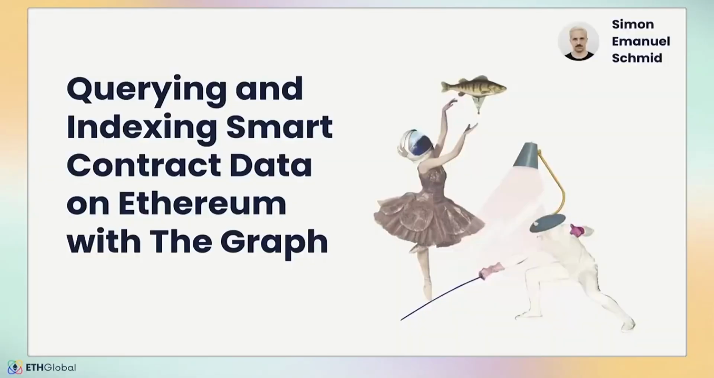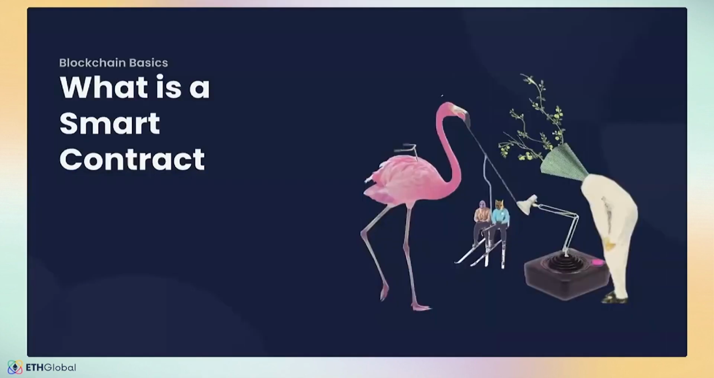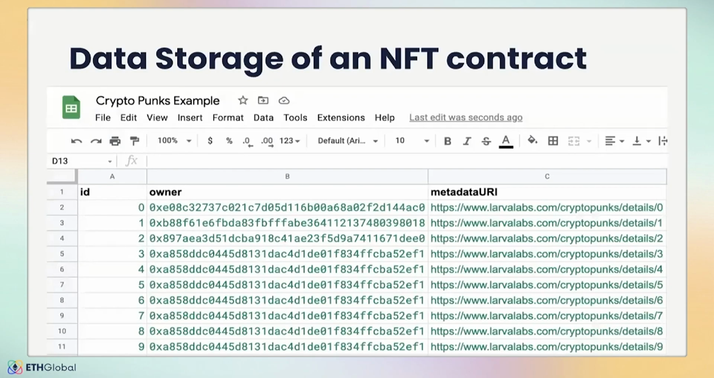So, querying and indexing smart contract data on Ethereum with The Graph. I start here really with the basics. That is, what actually is a smart contract anyway? And I have an interesting example you can think about of a smart contract, that it has